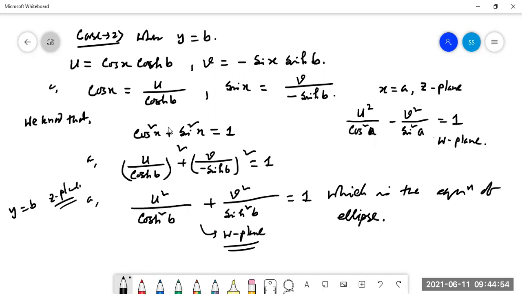So for conformal mapping, it is not confirmed that after the transformation a straight line should remain a straight line, isn't it? Previously it was a straight line. After transformation, we got a hyperbola for x equal to constant. For y equal to constant, previously it was a straight line. After transformation, we got an ellipse. So it is not mandatory